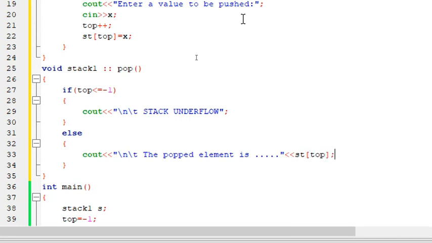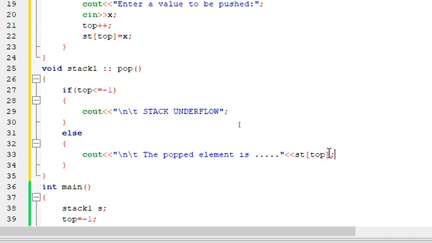Does it make any sense? I use the cout statement alone. We know if you want to pop any element, you have to remove the element and then you need to decrement. First, I'm removing the element. How I'm removing it is, I'm using the cout statement, say the popped element is, and I'm directly calling this st of top without double quotes.